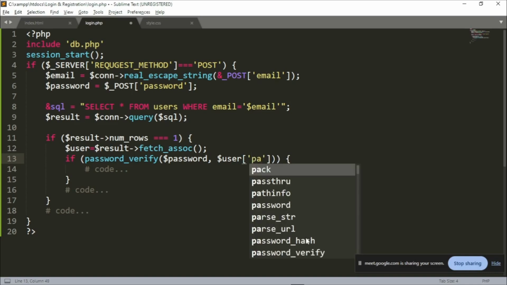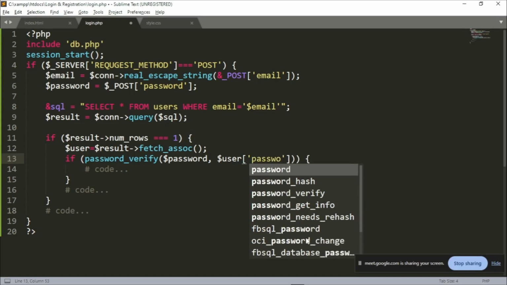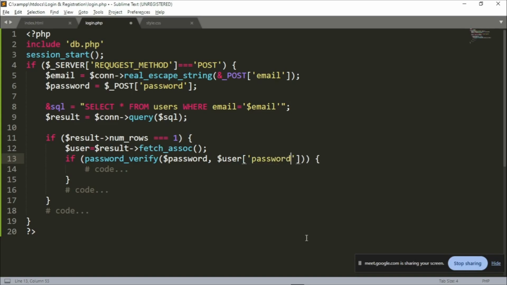So it's going to be equal to password, then you should permit the user, and then let's go ahead by saying again, if the user's name matches